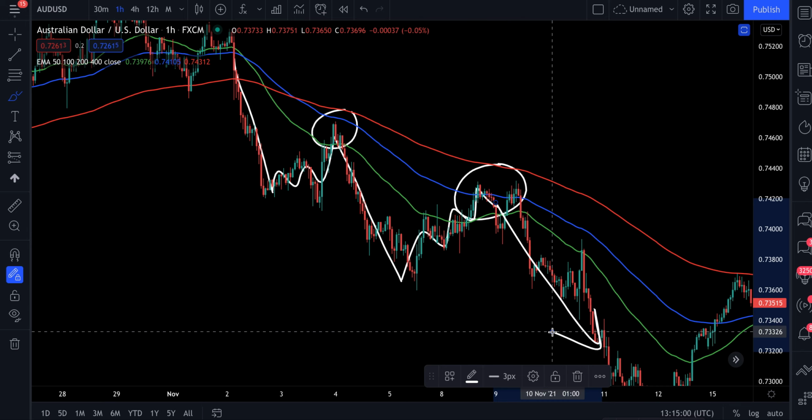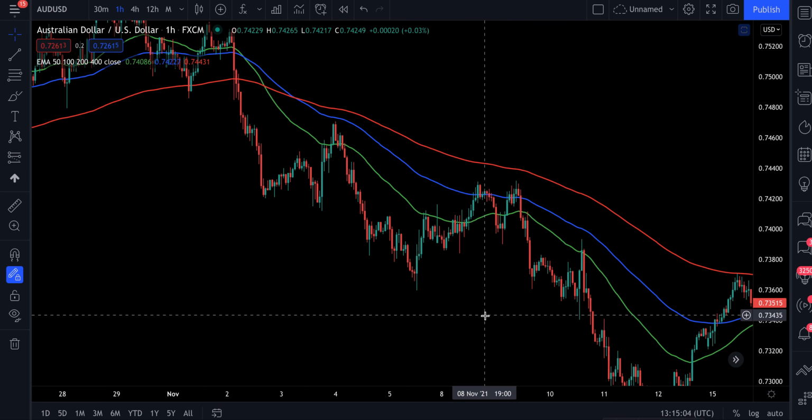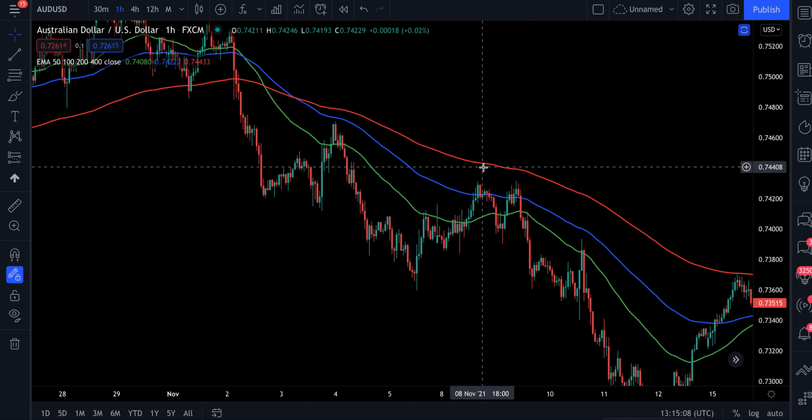And what these EMAs essentially do is prevent us from constantly changing our bias and ensuring that we are sticking with the higher time frame trends, okay? Because that's where most of the money is made. It's in following these higher time frame trends and ensuring that we can capture a large proportion of that trending